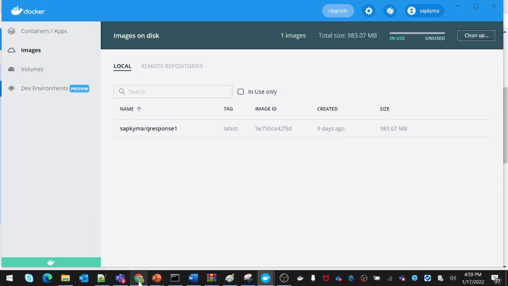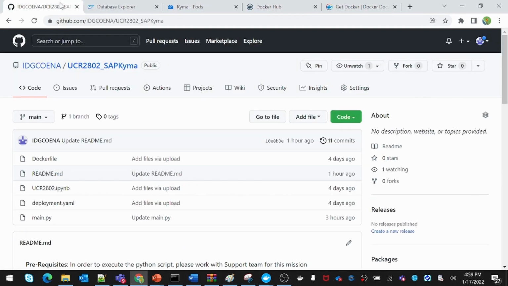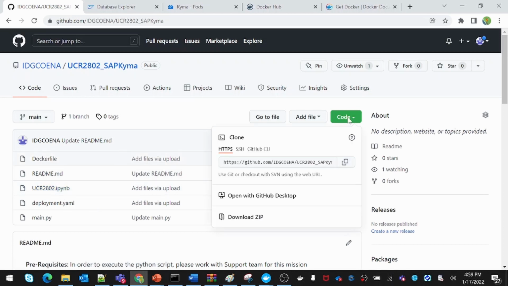Let's go back to the code. Previously, we used the Jupyter Notebook to validate it. Now, what you can do is either clone it to your local desktop or download it. If you have a Python environment set up on your local desktop and you have installed pip, you should be able to clone it. If not, you can download the file as a zip and then extract it